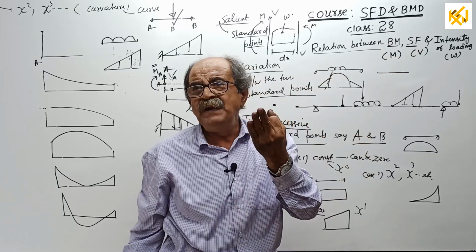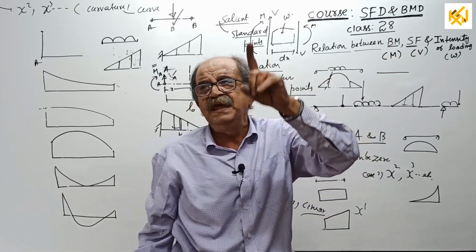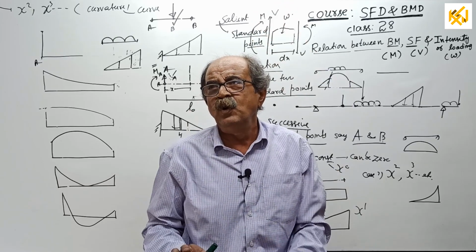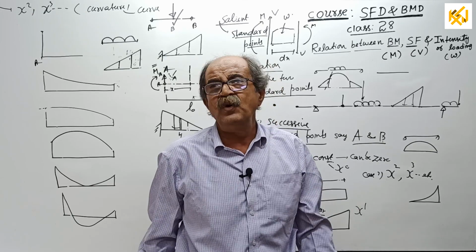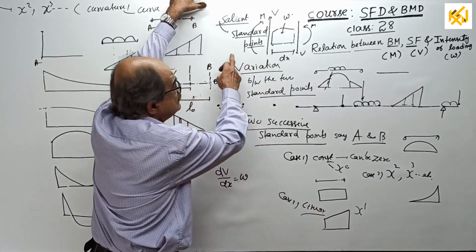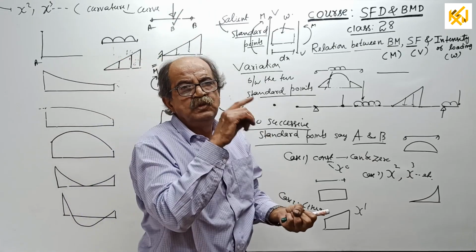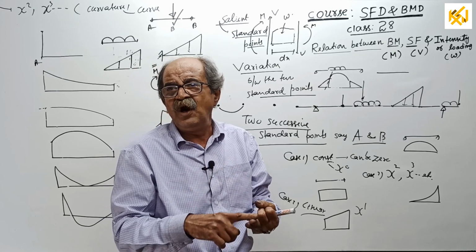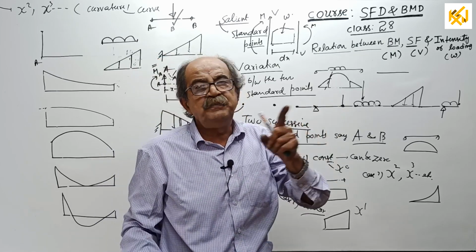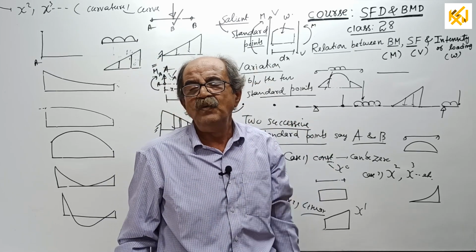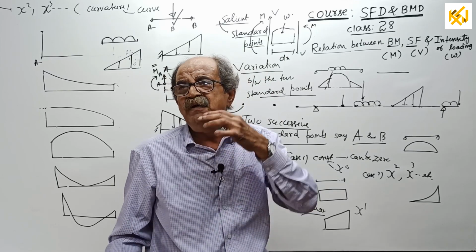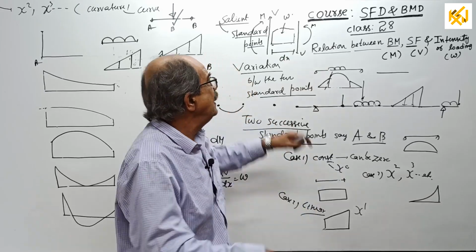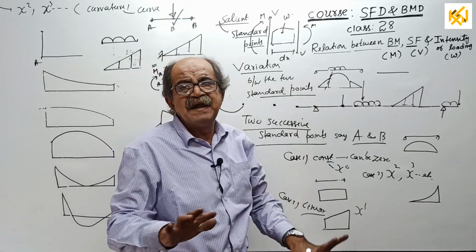But apart from these 3, the first one is a special case, that is when V becomes 0 and there is no load. That is, shear force is 0. That will not come if I discuss as per the standard format of no load between 2 successive standard points, or UDL, or UVL. If I discuss that way, the pure bending case where shear force is 0 will not come. So I will consider that one in the beginning as a super case. Then subsequently 3 standard cases.